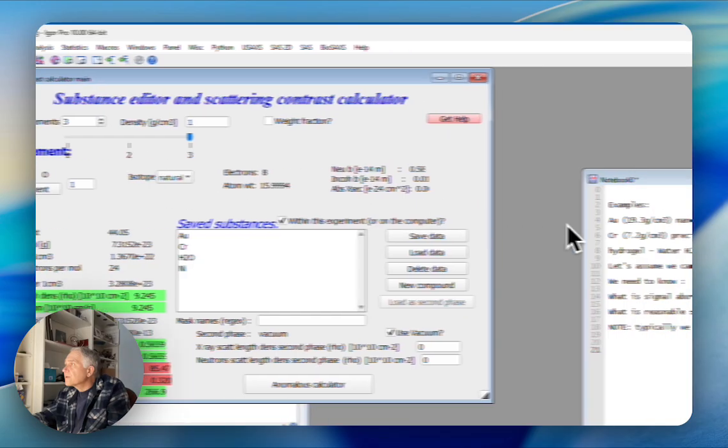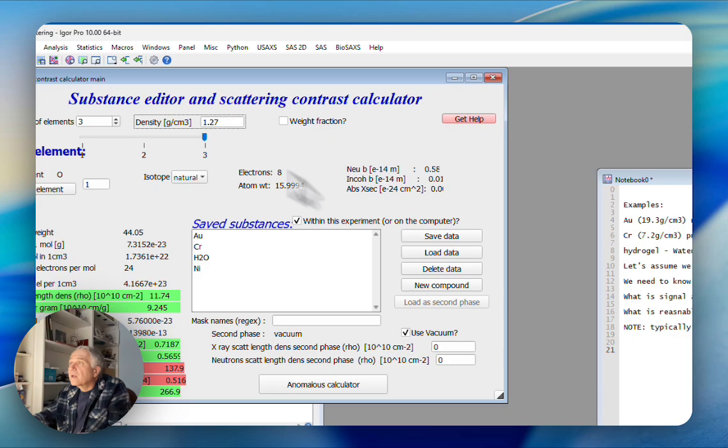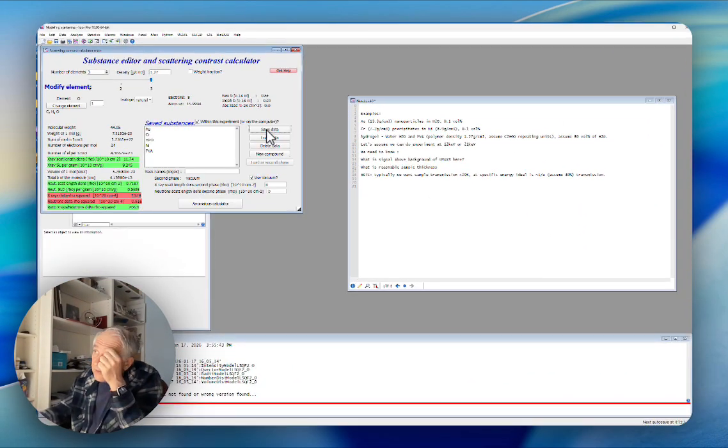And the density is 1.27. Okay, save, and let's call that PVA. Okay, so now we have all of our little elements, or compounds, we're going to be playing with. Good. So the next thing we want to do is calculate the contrast, and